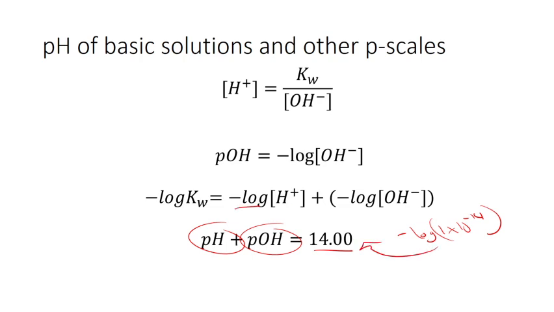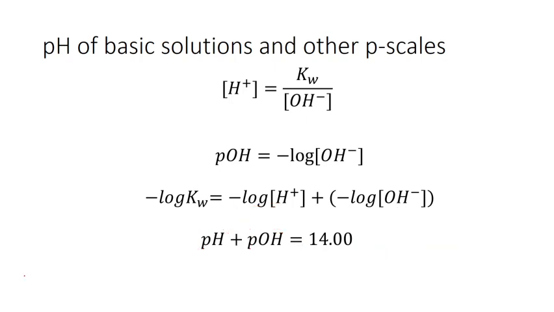And since the negative log of hydrogen is pH and the negative log of hydroxide is pOH, when we take the negative log of 1 times 10 to the negative 14th, we get that pH plus pOH equals 14. Right, so if you know the pH or pOH of something, you can figure out the other based on this equation. Now, there will be another one that we look at later on that deals with Kw and Ka and Kb,